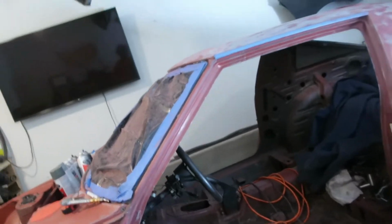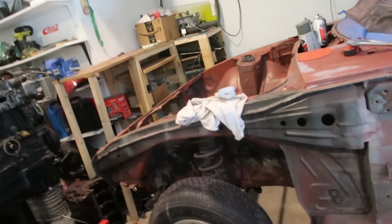And the steering column, still need to see about adjusting that. Not taking out the windows, just gonna re-silicone around them. So yeah,